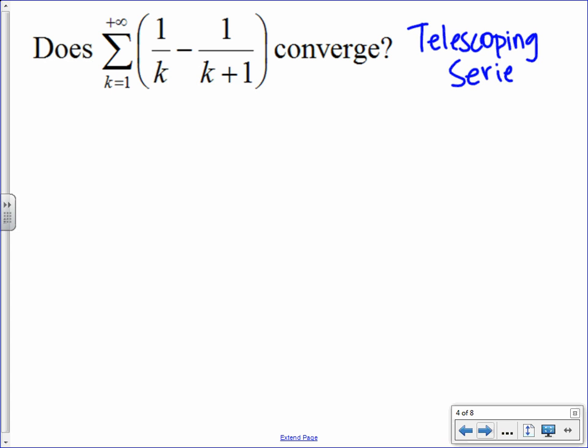This is what we call a telescoping series, and I'll show you why it's called that. So it's not about taking the limit of the sequence. 1 over k minus 1 over k plus 1 is the sequence. It's about taking the limit of the sum. So let's go ahead and write out the sum. When we plug in 1, what's our term? Well, 1 minus 1/2, right? And then we'd add